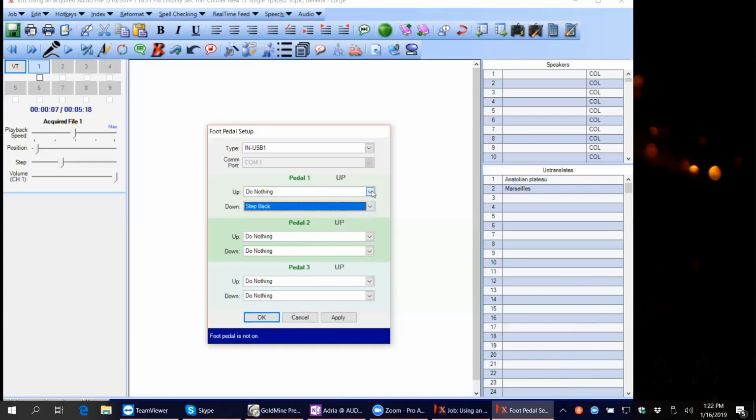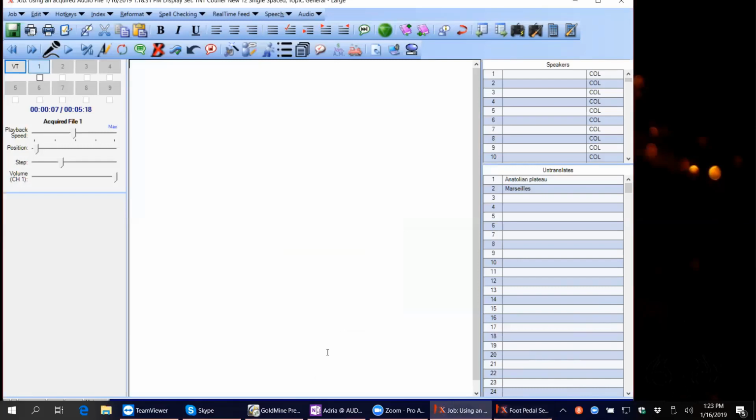Then when I lift my foot off the pedal, I can either have it automatically play or wait, or I can have it do nothing. My right pedal, when I push down on it, I normally want to step forward, which is fast forward. When I lift my foot off of it, I don't want it to do anything, but you can also set that to play. I set my center pedal, my big pedal, on down to play,